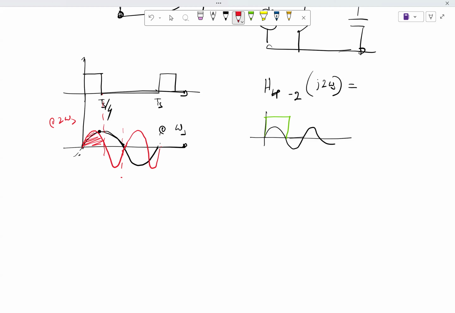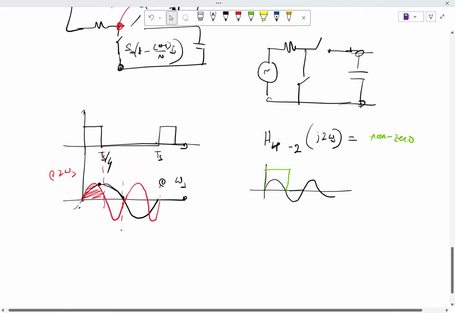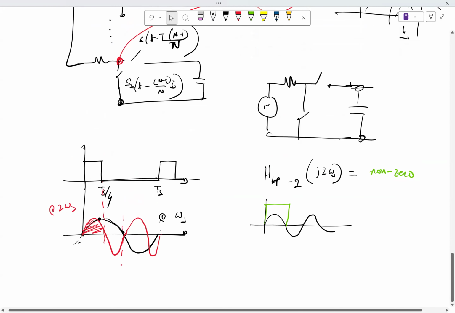So for this particular case, for a sinusoid, you are going to get non-zero. For a cosinusoid, you are going to get a 0. But if you add up sinusoid plus cosinusoid j, you are going to get a non-zero. So the key thing is that this is going to be non-zero,